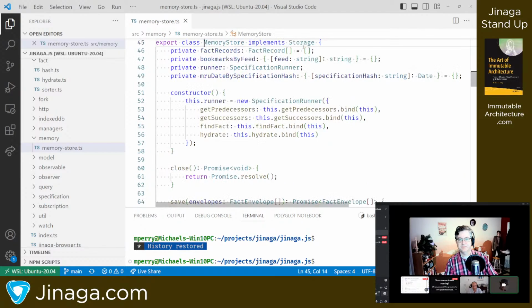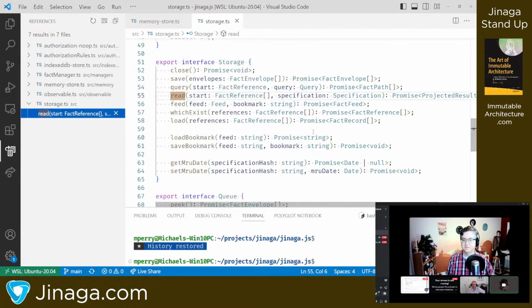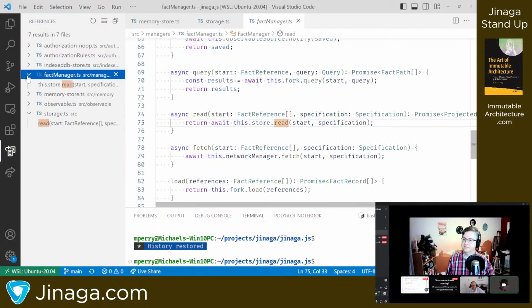There we are. Memory store also implements storage, so we've got that same set of things. If we look at the implementation in the memory store, it's not all that useful here because it looks completely different. But if we take a look at read and see how it's referenced, things like the fact manager calls read.